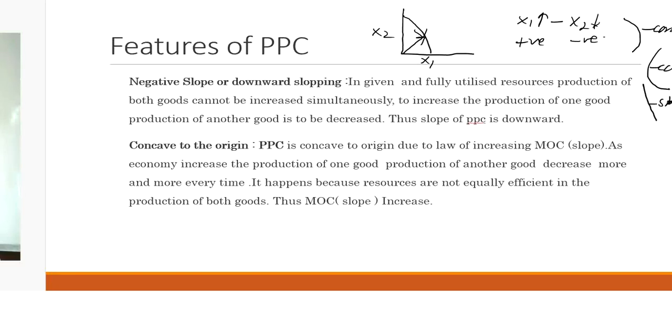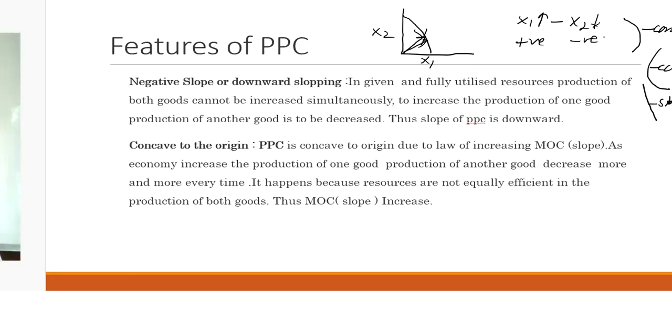According to assumptions, it is concave, though it may be convex or a straight line. But whatever we have assumed regarding PPC, it will be concave. Some exceptions are also there where PPC may be a straight line or may be convex. But now let us see why it is concave to the origin, why it is bulging outside. This is the problem.